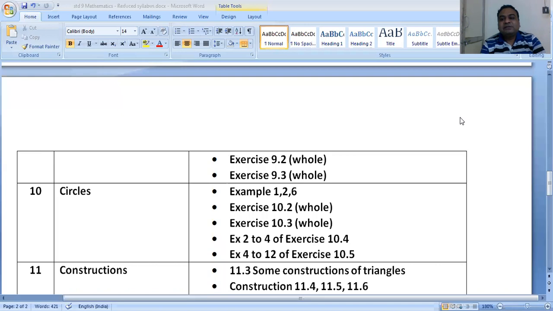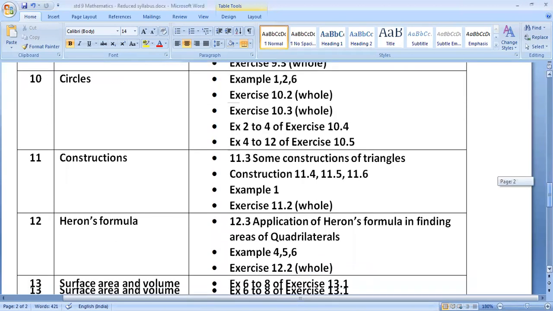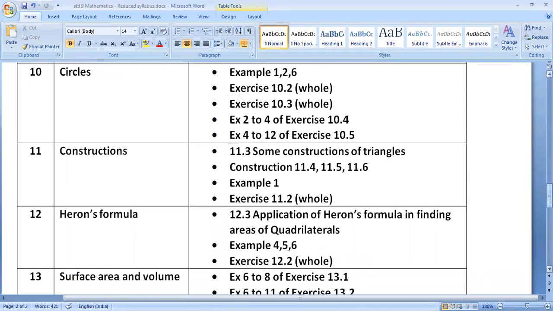I'm sharing the screen with you, in which you will be able to see. Let us talk in more detail about it. We will begin with chapter number 11. We discussed chapters 6 to 10 in part 2. This is chapter number 11, Construction, in which